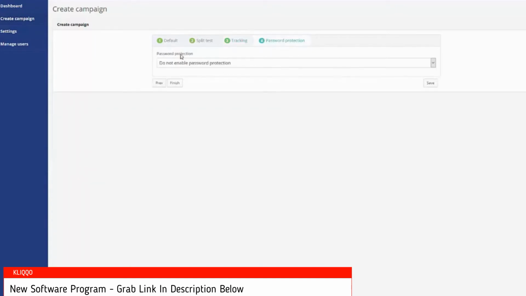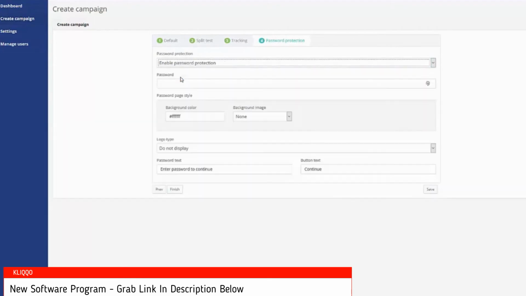And the last main function here is password protection. So if you want to, for some reason, password protect the link redirect, you could even use this for things like bonus delivery or sending client stuff. You can just set up a redirect with a password protect, and you have to give people the password then. So you just enable password protect, and it'll set up the password protection here. So I'm just going to